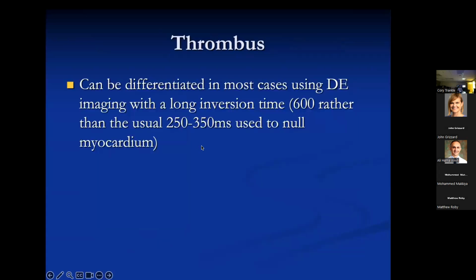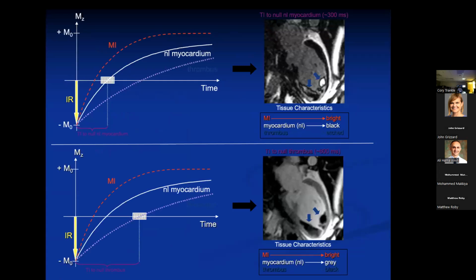And the reason it happens, I'm going to show you, and this is not to belabor any physics, but let me just explain why this is bright, because it's confusing, right? On a magnitude image, when you give the inversion pulse, you flip all the spins upside down, right? And then you let go and you start imaging. And the inversion time is how long after that inversion pulse you start imaging. Now, if we image right here, normal myocardium has come back up and is at the zero crossing. It's no longer inverted. It's not back to positive. It's right halfway in between. And so it has no signal, and the myocardium is black.